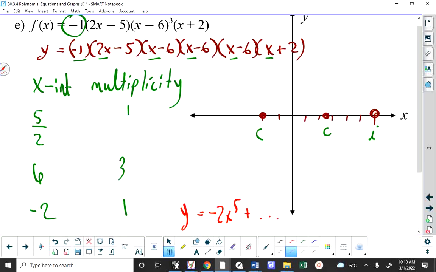You can also figure out the y-intercept by multiplying the constant term in each factor. So we talked about this on day 1. Something like a factor of negative 1 is both the highest degree term in that factor and the constant term in that factor. So when we multiply out all of those numbers,